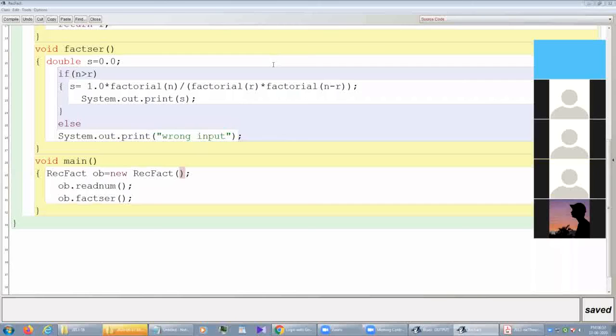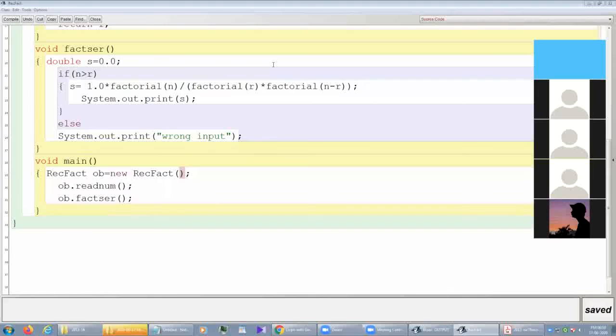In the main function, see, to create the object you have to accept the value, otherwise from where will we give it? Because if an input method is there, we can't call it. First you have to create the object. Whatever concept is given in the question paper, you have to follow this.